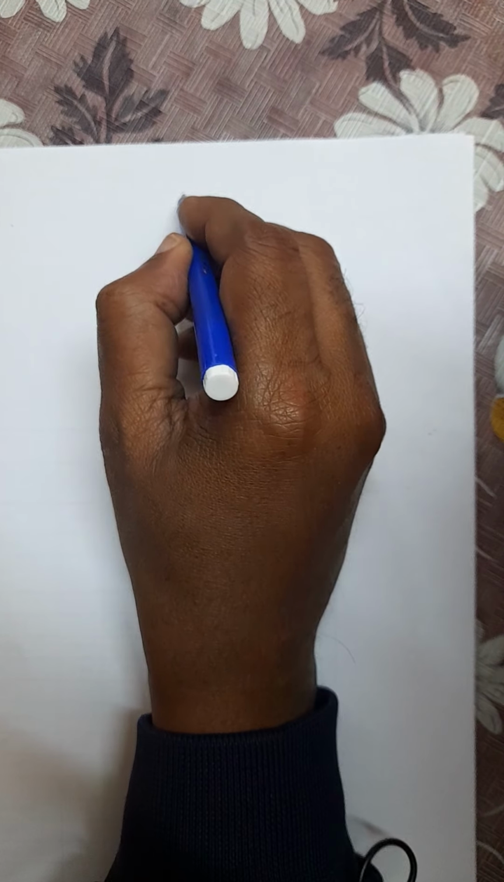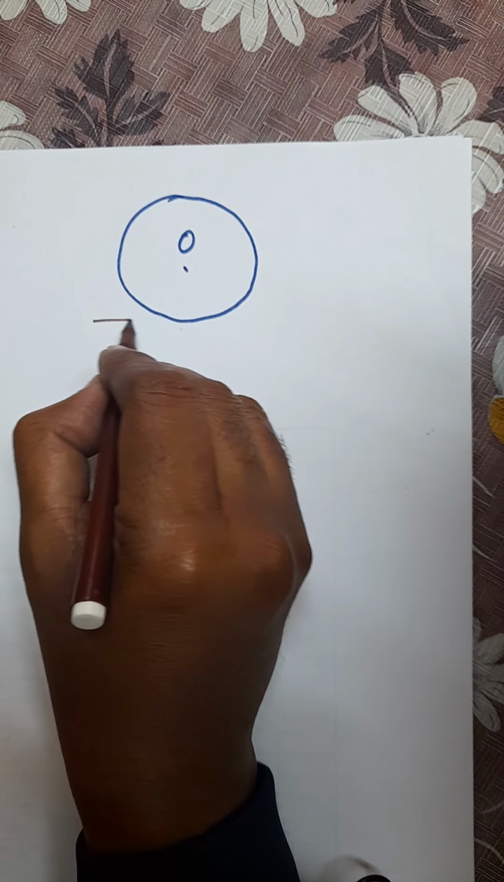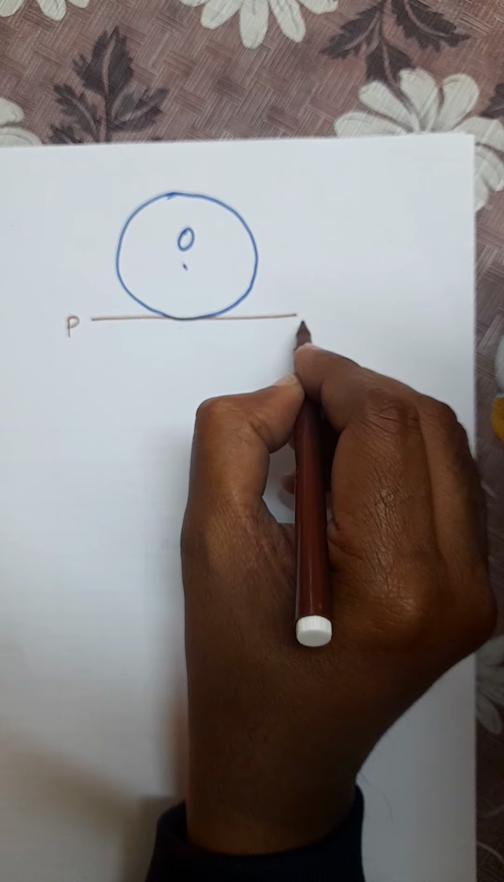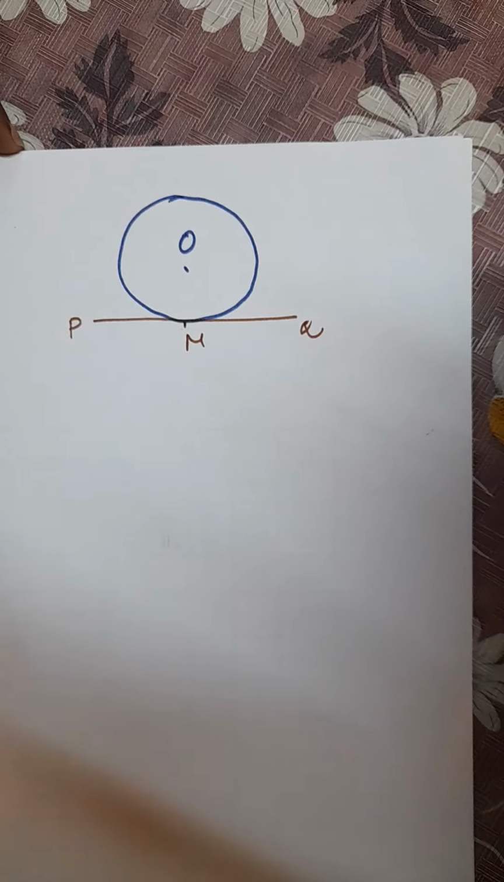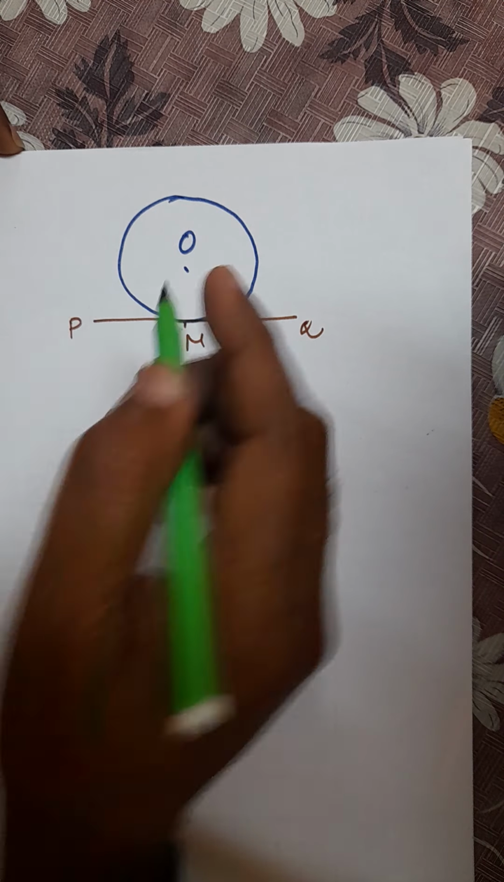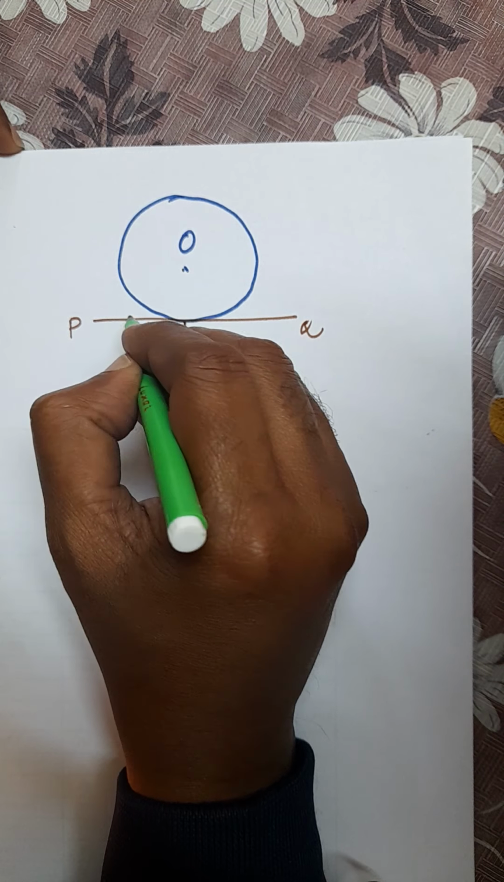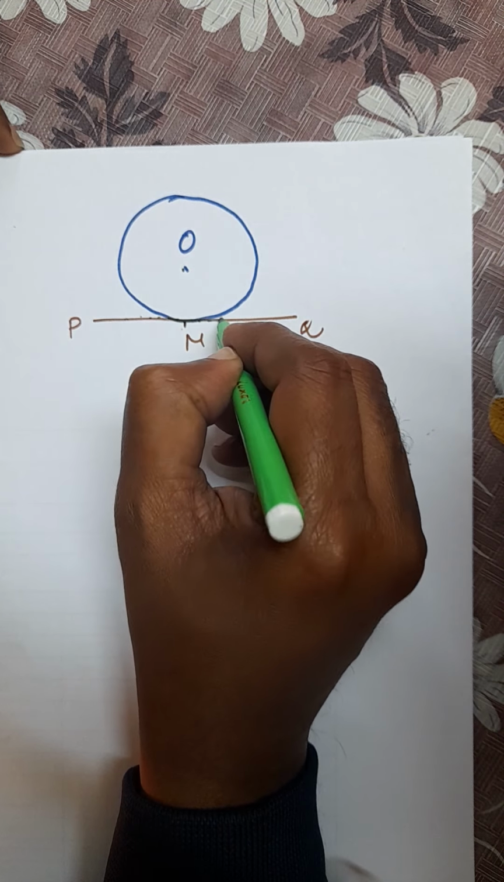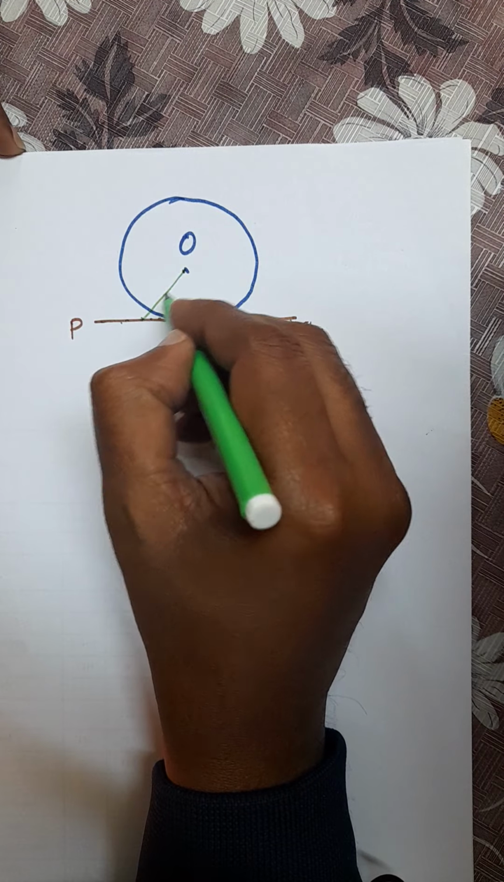Now, more things. See, what are the things? This is the circle, this is the center O, this is the tangent, PQ is the tangent, and this M is the point of contact. Okay. Now, see, if we draw the lines here, other than the M, infinite number of points are there on the line PQ. So, if we join this,